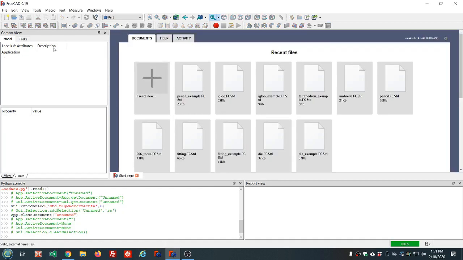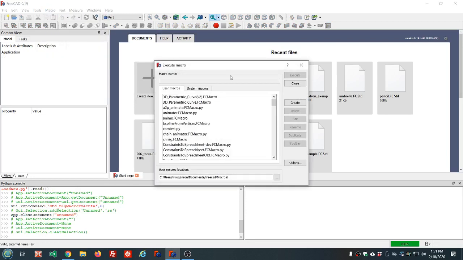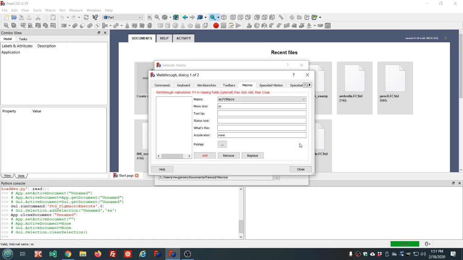Discard these changes. Macro, macros. Find our macro. Select it. Click the toolbar button. If you do not have a toolbar button, you need to update to a newer version. Click toolbar. A message will pop up here